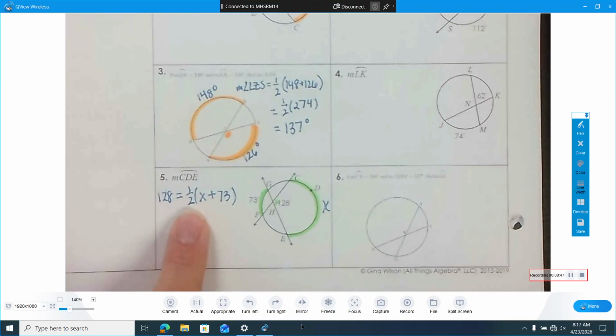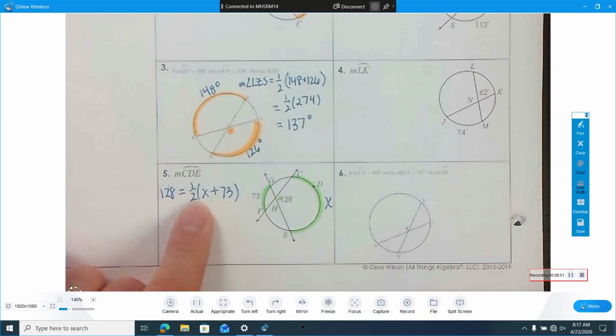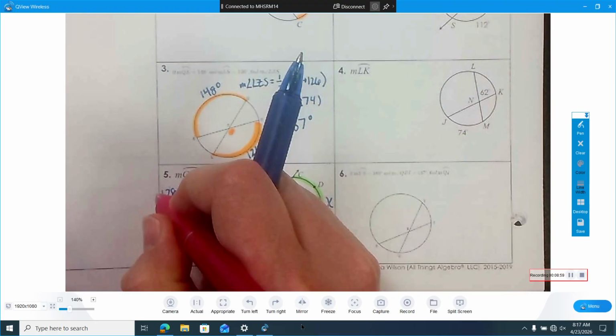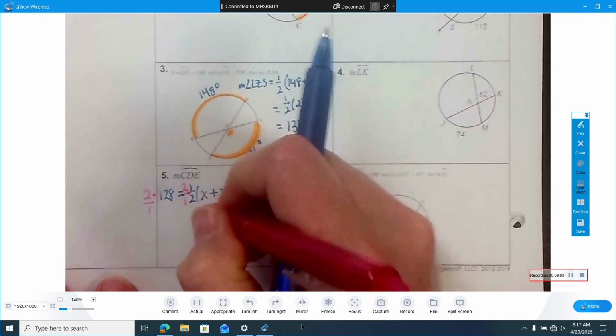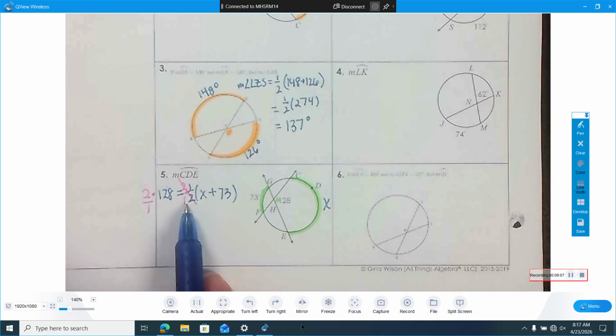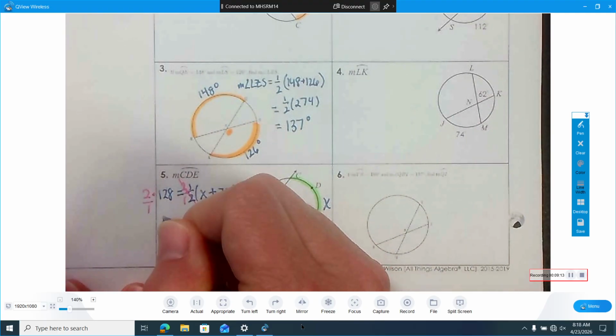And then what you said was double 128. And the reason we're going to double 128 is to get rid of the 1/2. I could distribute it, but the faster, easier, less annoying way is to go ahead and multiply by the reciprocal. So we're going to multiply both sides by 2 over 1. That gets rid of the 1/2, and I don't have to deal with fractions. What a blessing. All right, doubling 128, I get 256